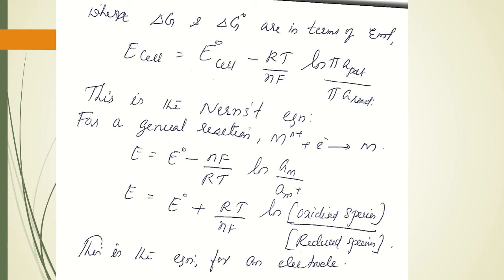And you know that when we take electrodes, especially metal electrodes, it will lose electrons, which results in both oxidation and reduction in the cell to happen. So we can use this equation, E is equal to E0 plus RT by nF into ln of activity of oxidized species by reduced species, as the E cell reaction of an electrode.